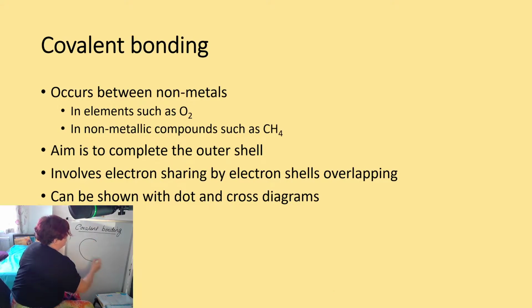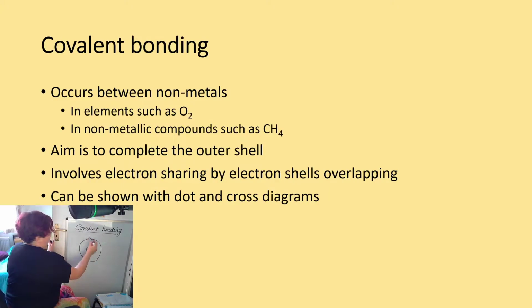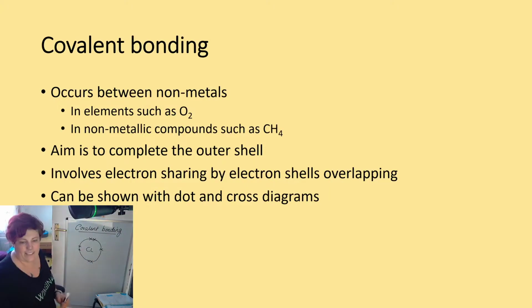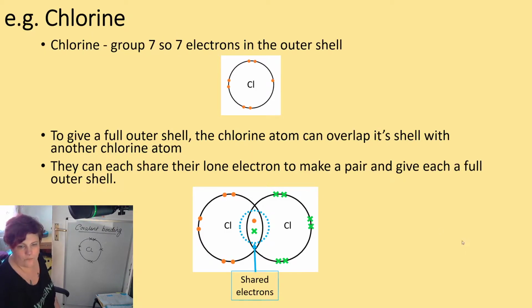You don't need to draw all the shells for covalent bonding and dot and cross diagrams, just the outer shell is absolutely fine. You put the element in the middle and draw the electrons in pairs, so 2, 4, 6, and 1 on its own is 7. Now what you want is to get that to 8. So what can happen is if you overlap the